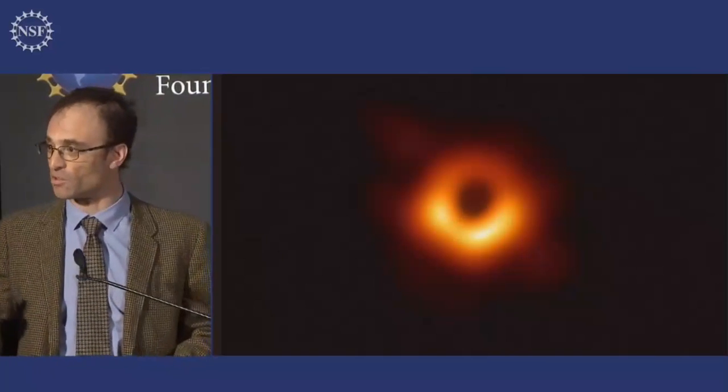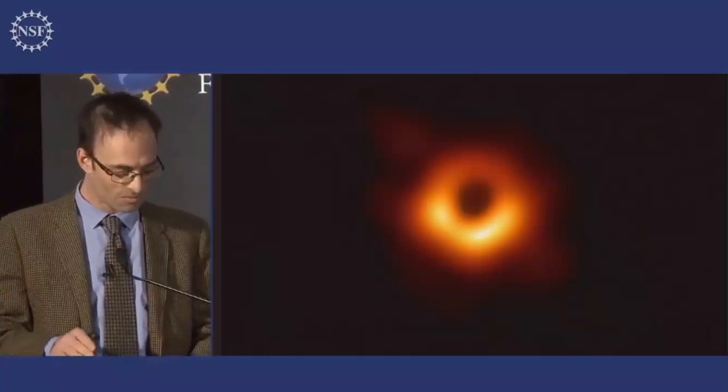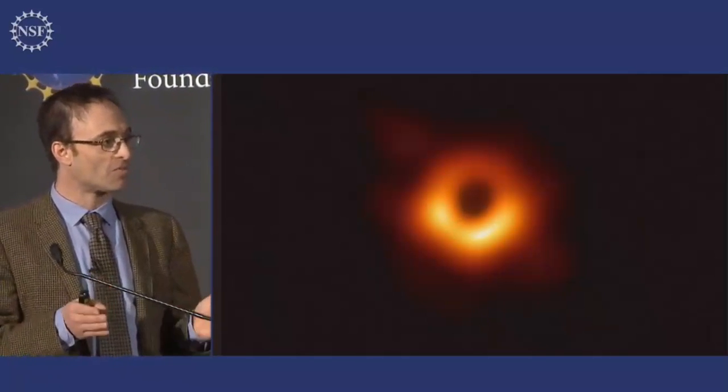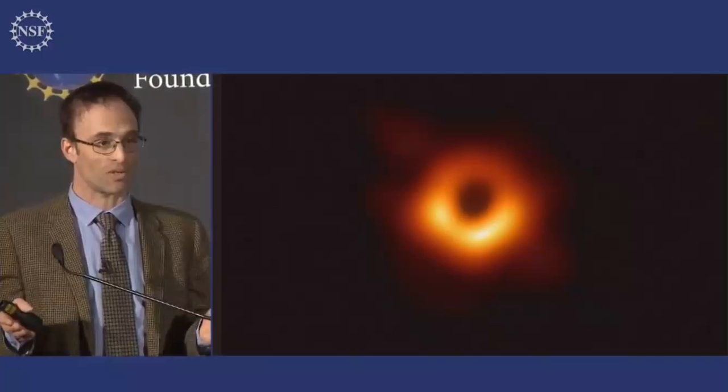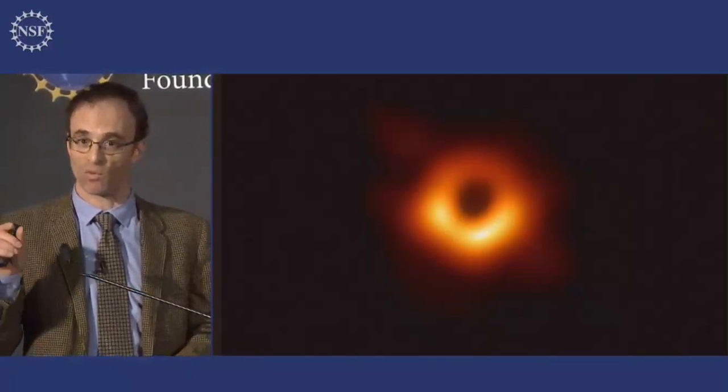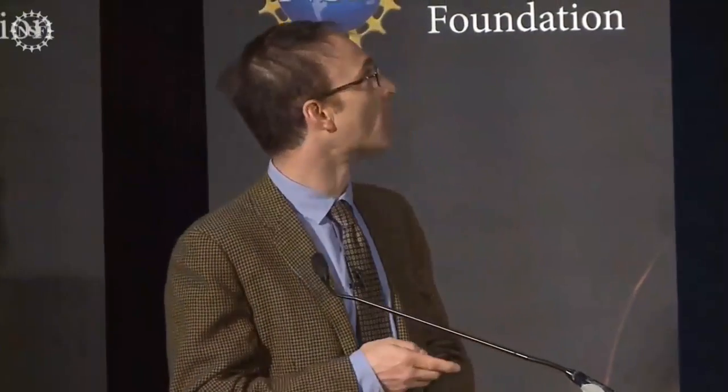So far, so good. We have the photons. But the M87 shadow is very, very small compared to the galaxy that surrounds it. So in order to see it, we needed to build a telescope as large as the Earth itself, given the wavelength of light we were trying to observe. And to do that, we use a technique called very long baseline interferometry, which you can see a schematic of